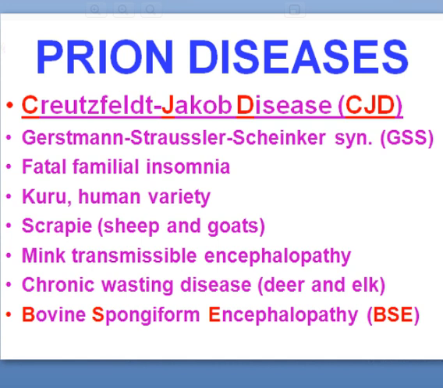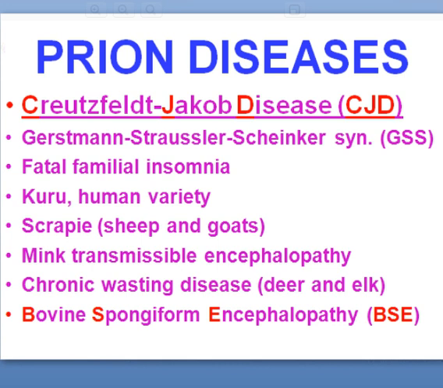I guess there's not too much of that in the United States. Most of the prion diseases are in animals. You're probably well aware, especially in England, of BSE, or bovine spongiform encephalopathy. That would be considered the bovine counterpart of human spongiform encephalopathy, which, like I said, for all practical purposes, is Creutzfeldt-Jakob disease. There are diseases in minks, there are diseases in deer and elk,